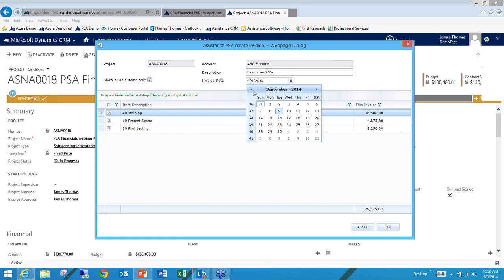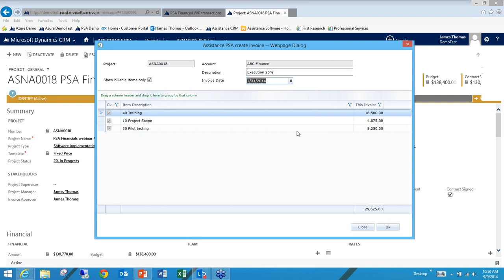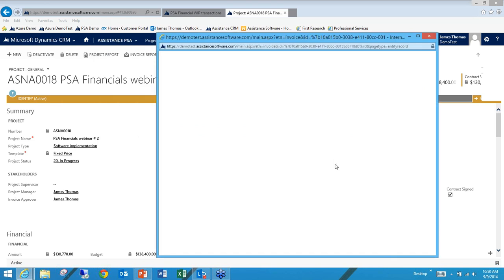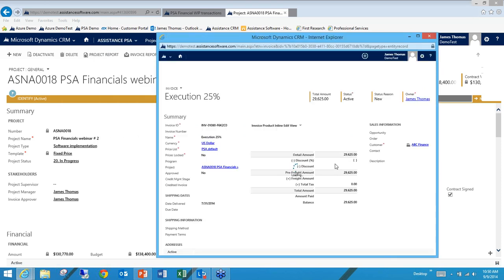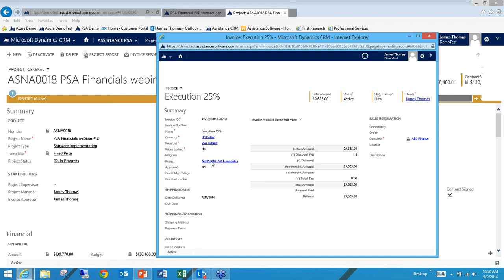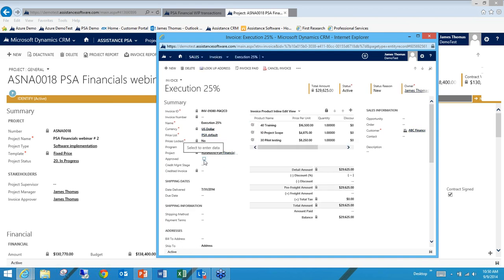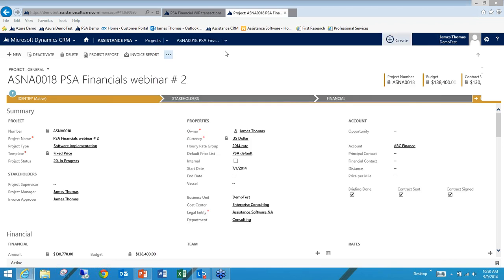Go ahead and change this date into July. These dates are important because they get stamped into the journal entry, and you will use that to determine the periods in which you want to update your ERP system. Go ahead and hit OK. It's once again going to create a draft entry for us. And I'm going to do a quick approval process, save it, generate the invoice number 54,